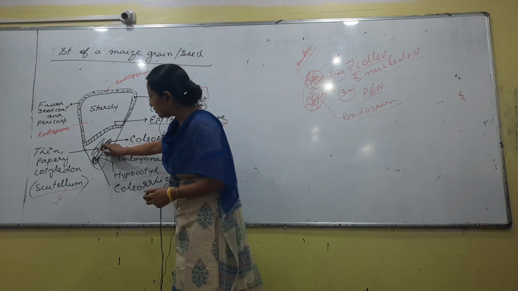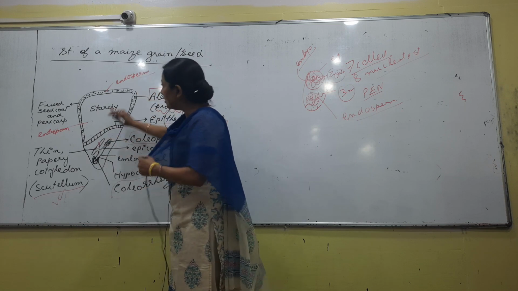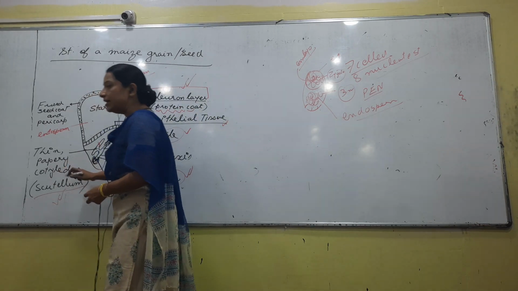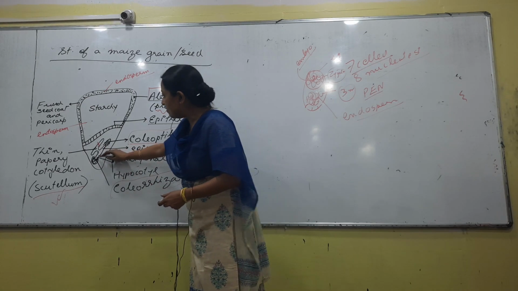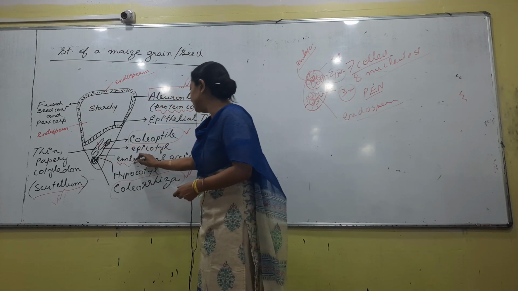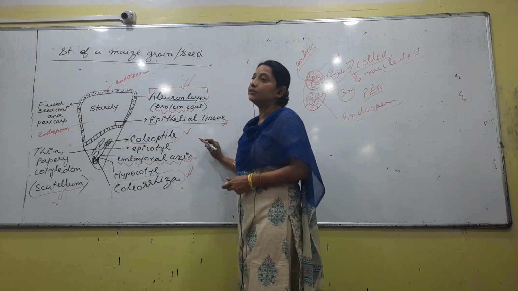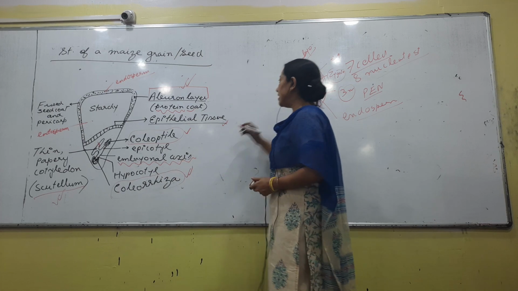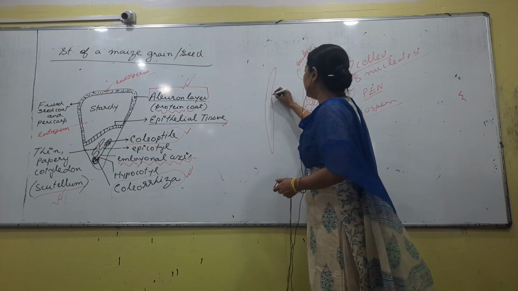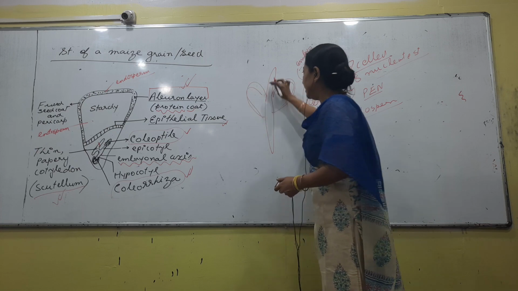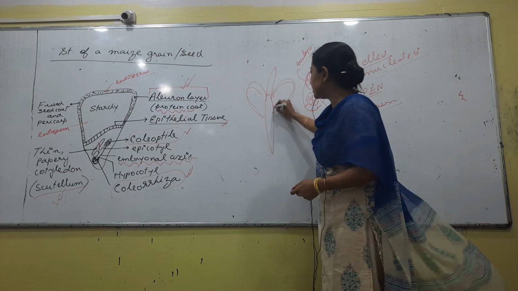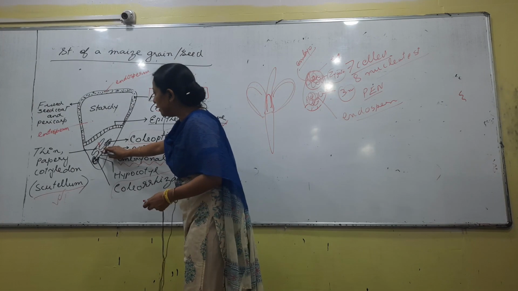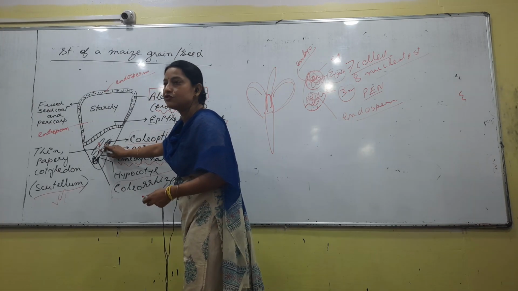Next, coming to this part. Since it is an example of a monocot, obviously only one cotyledon would be present. This single cotyledon is called the scutellum. Now talking about this one, the portion from which the baby plant will form is called the embryonal axis. Remember we have talked about the embryonal axis while discussing the dicot seed also. And this is the cotyledonary node, because two cotyledons remain attached. Similarly in this case also, with the embryonal axis the cotyledon will always remain attached.